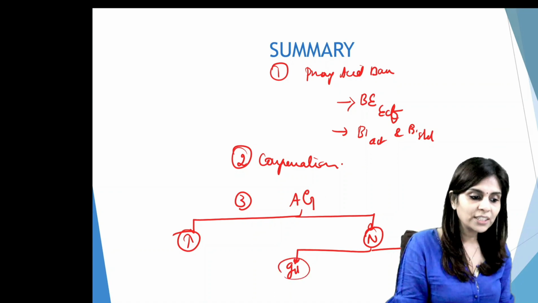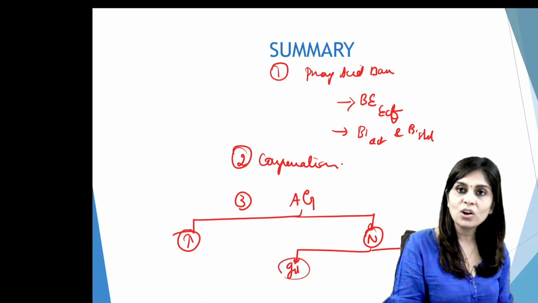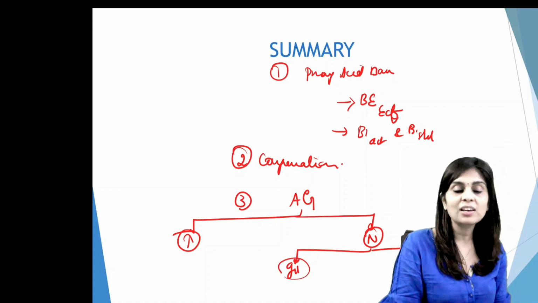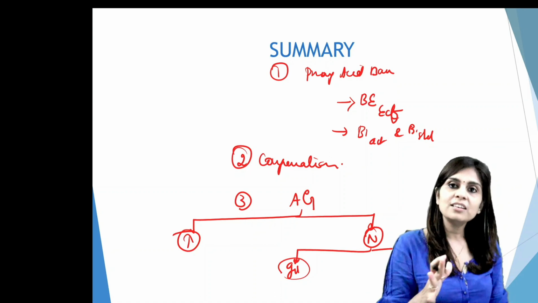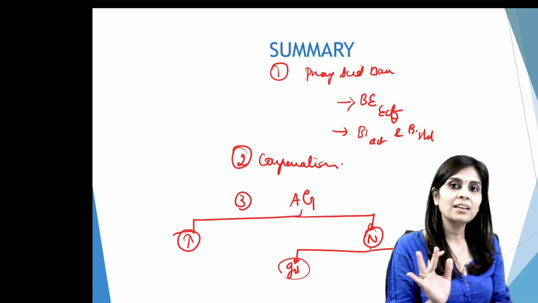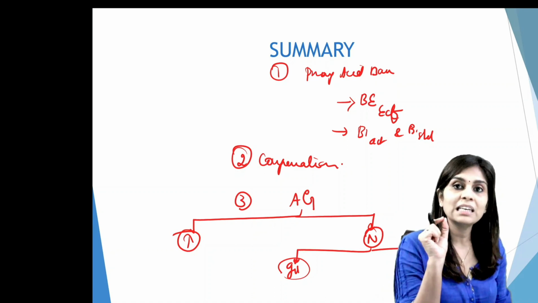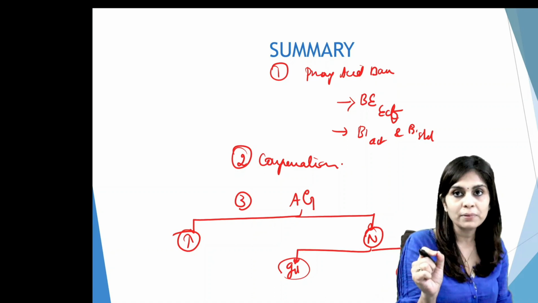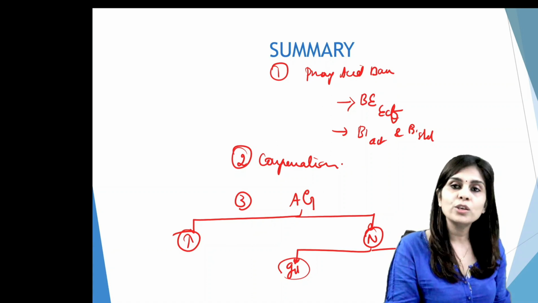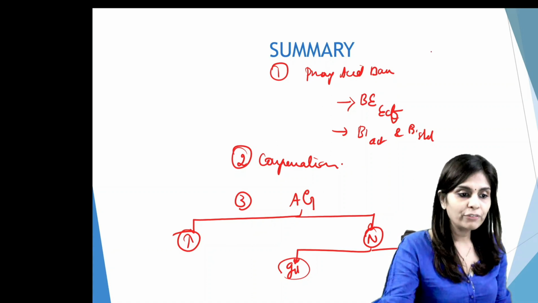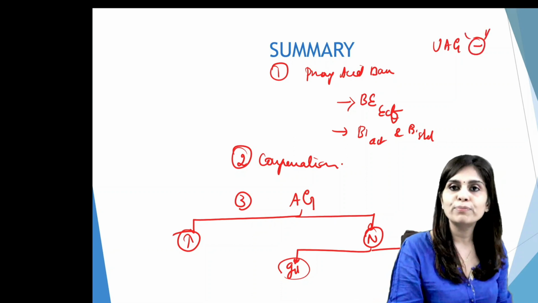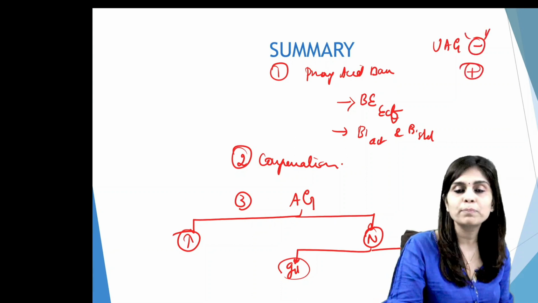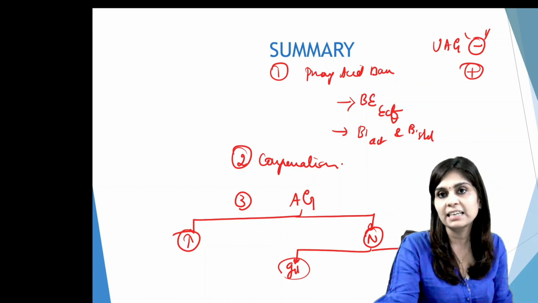To differentiate renal loss and gastrointestinal losses of bicarbonate, we have to calculate urinary anion gap, which means to differentiate these two conditions, just a blood gas analysis report is not sufficient. You have to get a urine sample, spot urine sample, and then you will have to calculate urinary anion gap. If urinary anion gap is negative, it is a GI loss of bicarbonate. If urinary anion gap is positive, it's renal loss of bicarbonate.